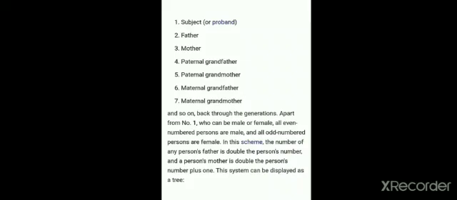So see here what they have given in a family tree. In a family tree, if we calculate the number of paternal relationships, that is number of fathers, number of grandfathers, number of great grandfathers, it has some relation with even number and odd number, and even the number of mothers, number of grandmothers, number of great grandmothers, it has a relationship between the even number and odd number. That's what they have given. Now we can see how a family tree is. It is narrower at the bottom and wider at the top.